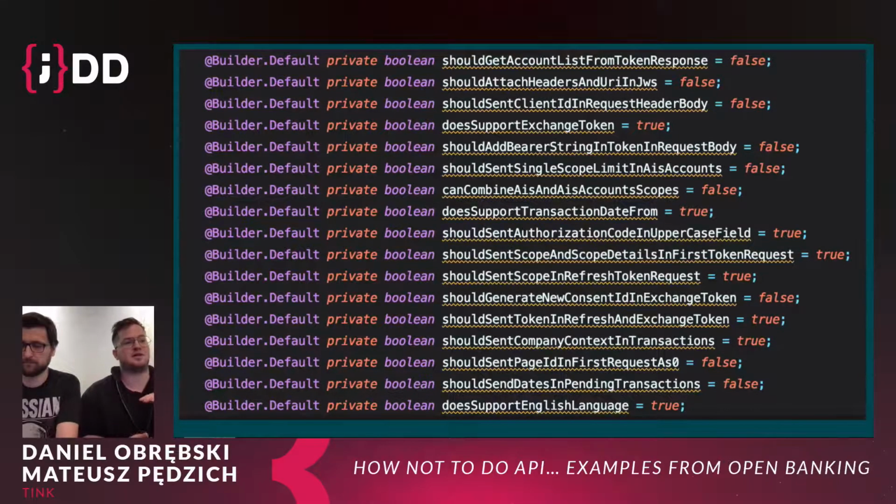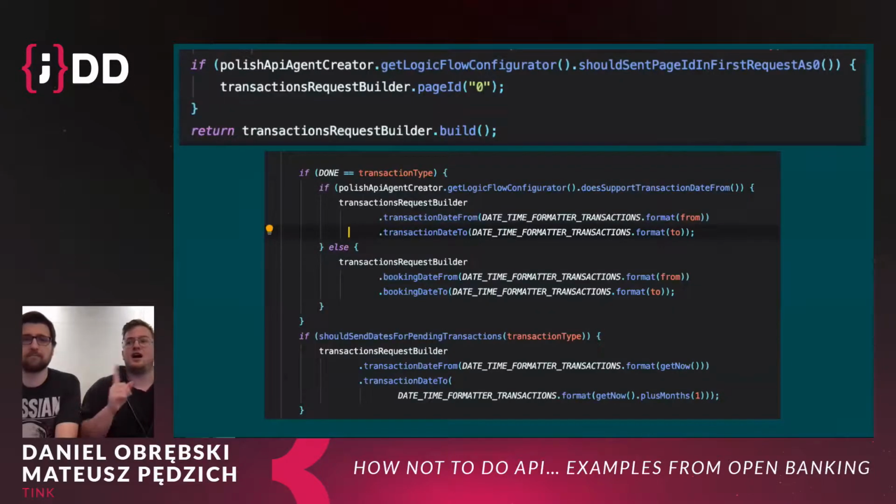So basically this is part of our code. There are, I think, 14 or 15 flags which are responsible for the flow in our code. One of these flags means at least one if in our code. And that's bad because we have a standard. So why not do the same in all the banks? I already mentioned the case